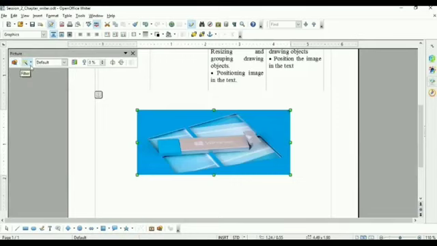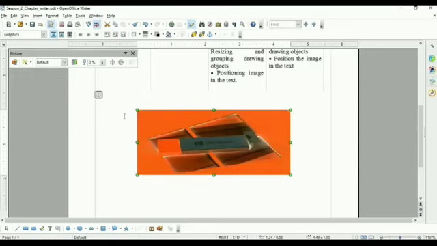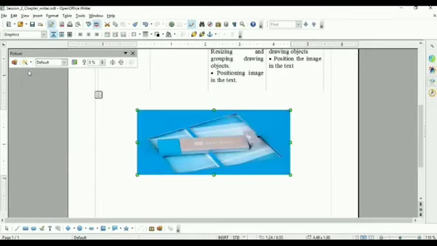Second one is the filter option. In filter, we have different types of options. The first option name is invert. The invert option will change the color of the picture once you click on invert. See here. Once I click on the invert option, it changes the color of the picture. Again, if you click on the invert option, it works like a revert. Means the picture will appear in original form.